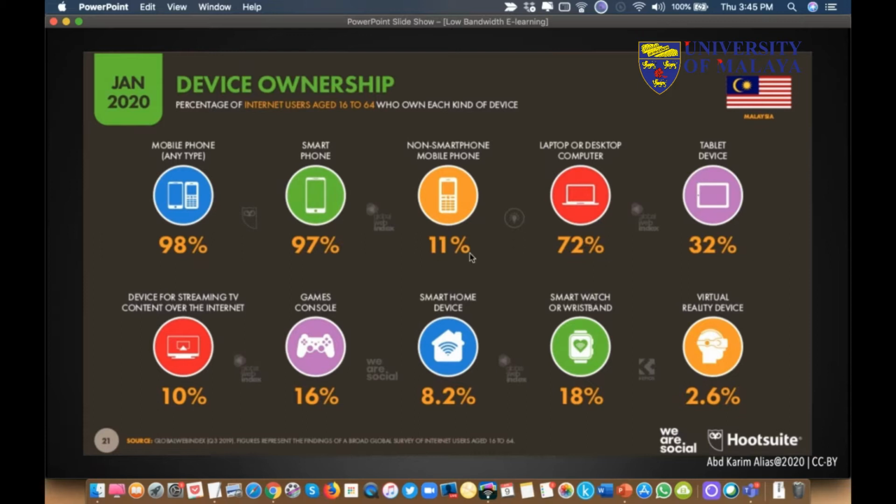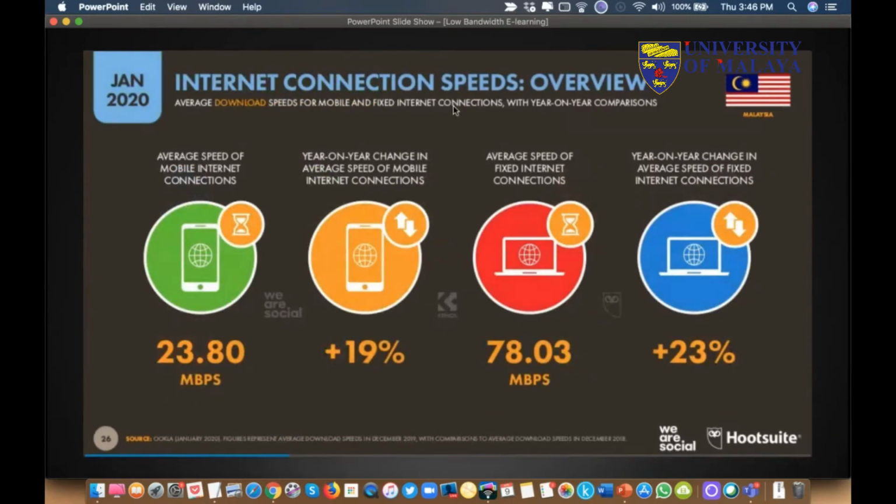But it's a matter of time before the majority of the Malaysian population will have at least one of these devices. And this data is very important because when we talk about planning for our online class or online course, we need to know in terms of infrastructure and connectivity whether we can reach out to every single student in our class. And in terms of connection speed, this brings me to my presentation today, talking about